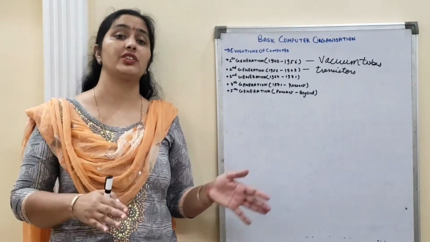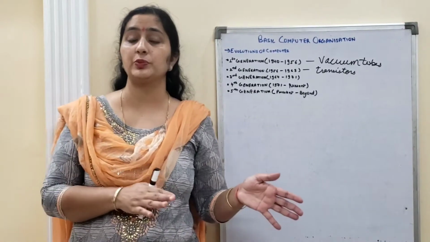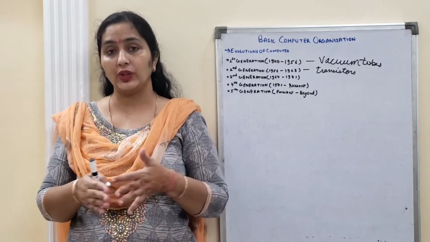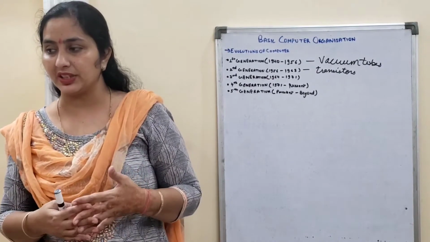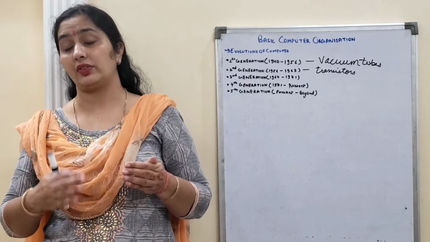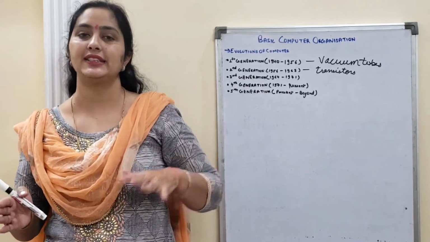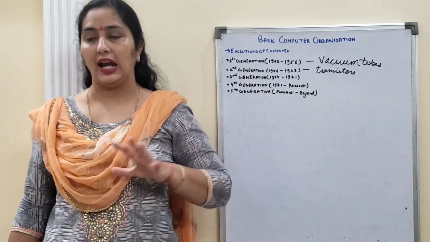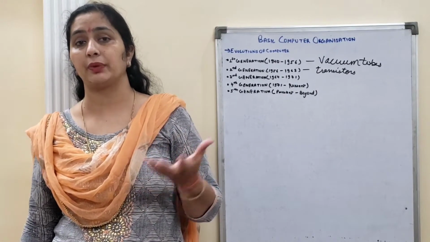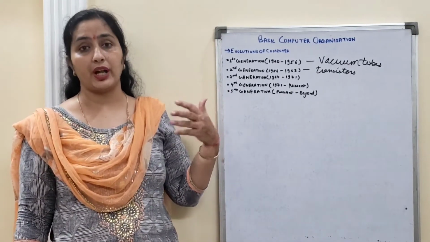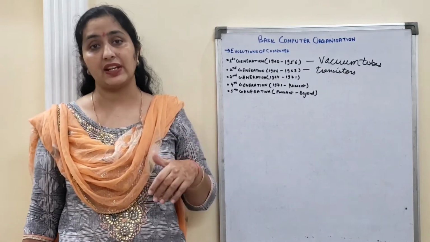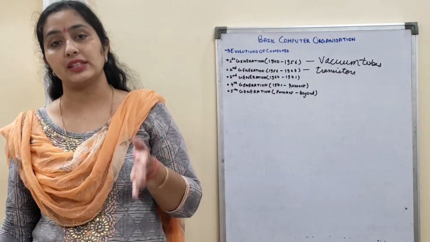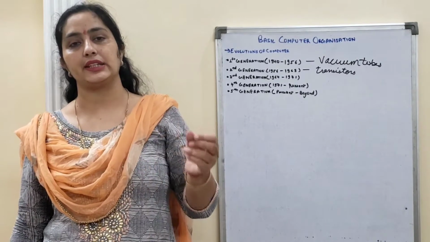As compared to the first generation computers, they require less space. Transistors replaced the vacuum tubes, so now we have less space where we can keep our computers. They still generated a lot of heat, but less as compared to the first generation. Electricity consumption has also been reduced, and they are more reliable and faster. Programming was in machine language because of the first generation, and it was also available in assembly language, which was a little easier than machine language.